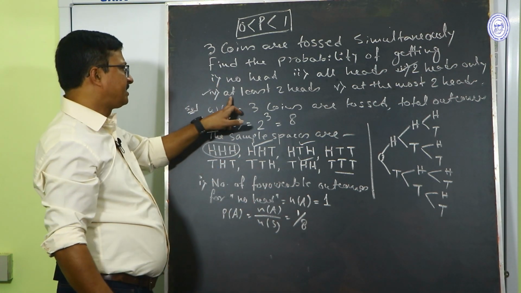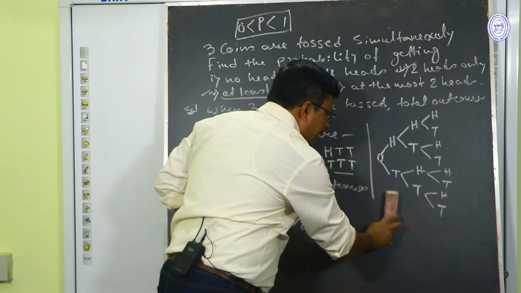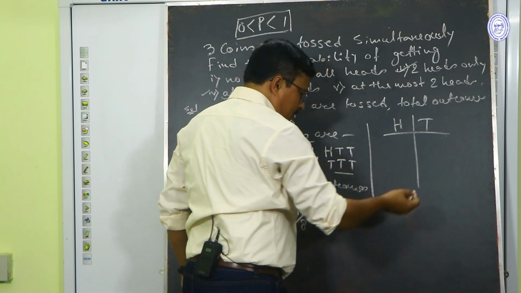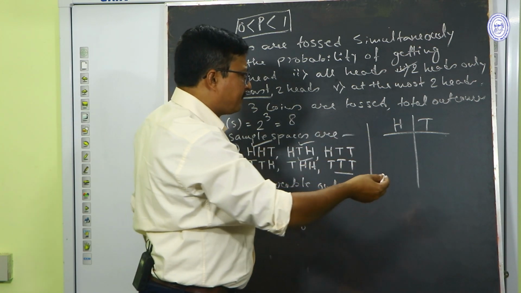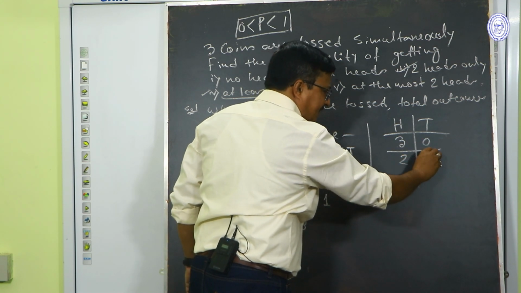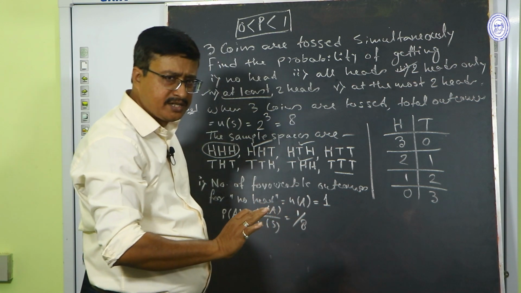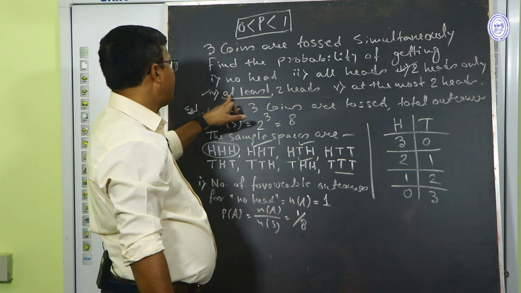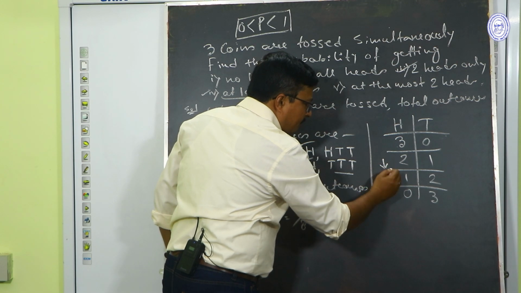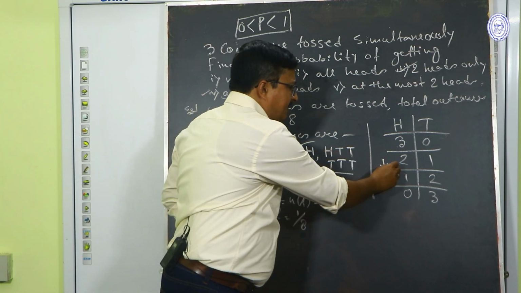For this one, at least means minimum 2. প্রবাবিলিটিতে একটা জিনিস তোমরা মনে রাখবে, প্রবাবিলিটি দুটো সাইড আমরা আগেই বলেছি, তো আইদার হেড অর টেল এছাড়া যখন কিছু আসছে না, তখন ওয়ান সাইড আমরা যখন রেজাল্ট পেয়ে যাচ্ছি তখন অপোজিট সাইড আমরা অটোমেটিক বলতে পারবো। যদি তিনটে কয়েন টসিংয়ে তিনটেই হেড হয় তার মানে একটাও টেল নেই, যদি দুটো হেড হয় তাহলে একটা টেল, যদি একটা হেড হয় তাহলে দুটো টেল, যদি একটাও হেড না থাকে তাহলে তিনটেই টেল। Isn't it? That means এখানে কোশ্চেনে বলছে here it is given that at least two means minimum 2. So minimum 2 means 2 এর নিচে তোমরা যাবে না। মিনিমাম মিন্স এখানে তোমাদের এন্ড হয়ে যাচ্ছে,